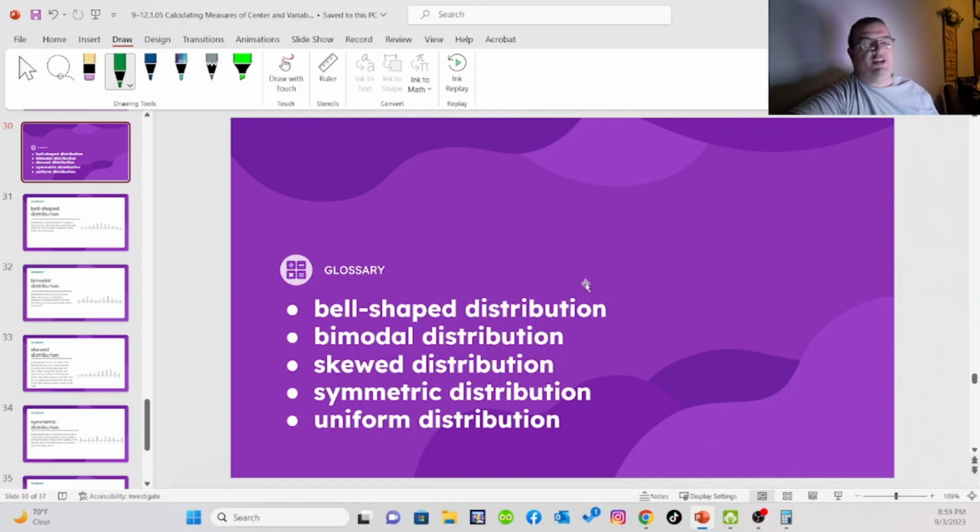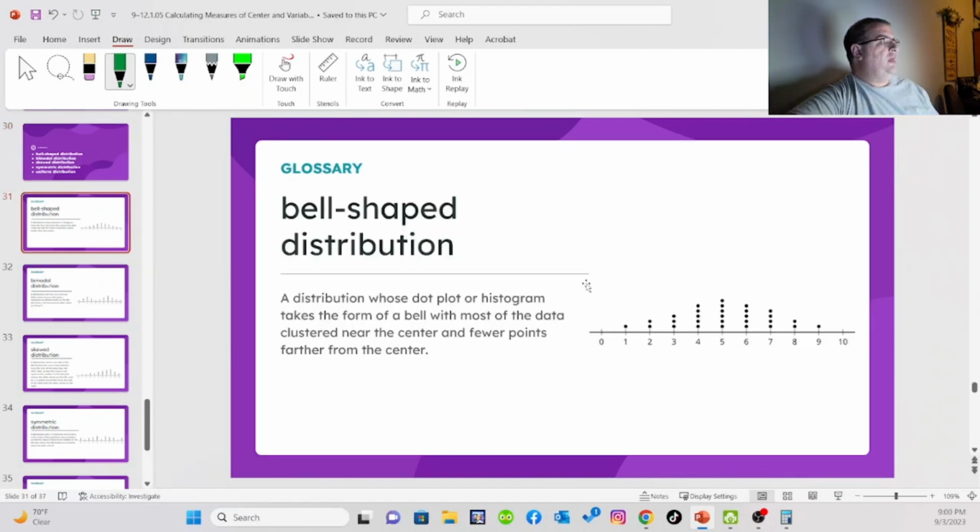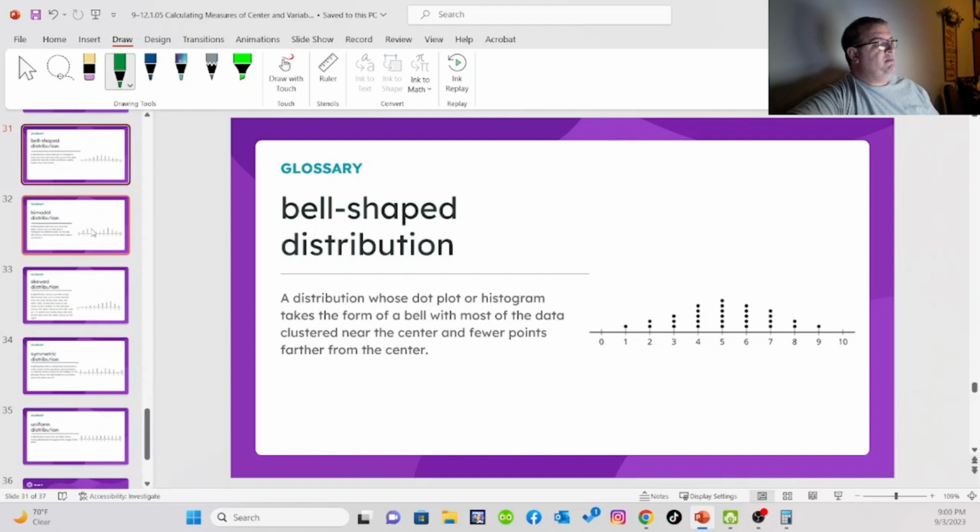Finally, we'll just finish up with our glossary terms. We are still talking about the shapes of the distribution, only this time we can relate the shape names to the mean and median, as well as the interquartile range and the mean absolute deviation. What I mean by that is,